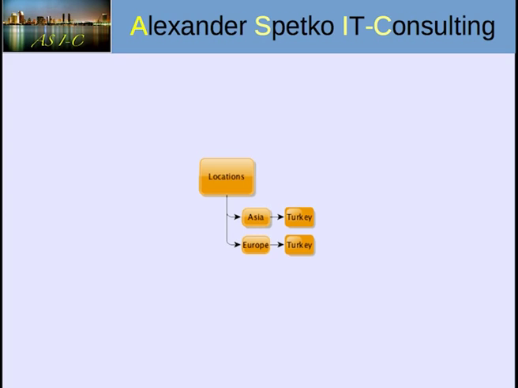The challenge. Assume you have a directory structure like shown in the picture. Under the directory locations, you have, among others, directories like Asia, Europe, and so on. The challenge here is that some countries are in more than one continent, like Turkey or Russia, for example. But where do you place files that belong to more than one continent?